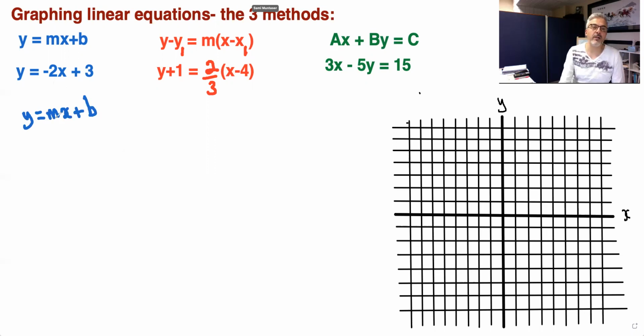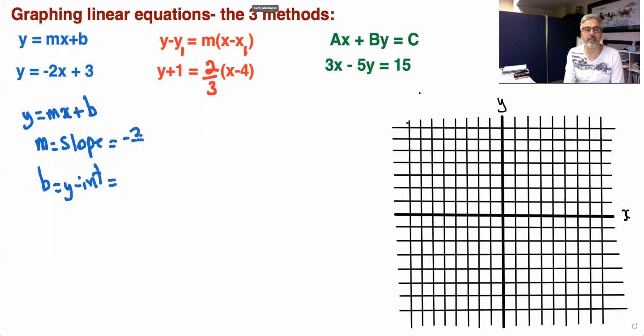And this one here, m is the slope, and b is the y-intercept. So the slope is -2, and if you wish, it's -2/1, and the y-intercept here is 3. So to graph this one, all we need to do, just